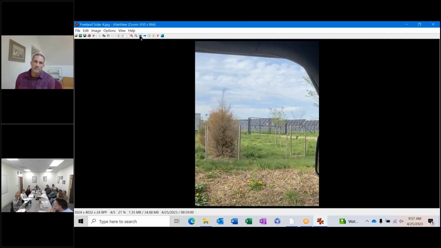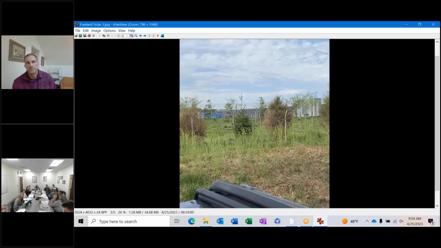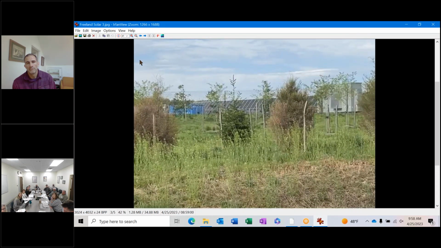I was just wondering from Jonathan, if you can tell from one of these photos, the depth of this buffer and the width between the trees, what that would be, and what that would equate to in our current landscape manual. Maybe go back one more. You can hit the little thing next to the arrow. Yeah, you might make it bigger. There you go. I mean, it's fairly deep, I would say. It looks like you have a fair amount of space. At least those 100 feet.